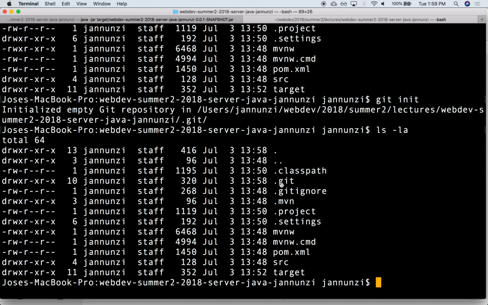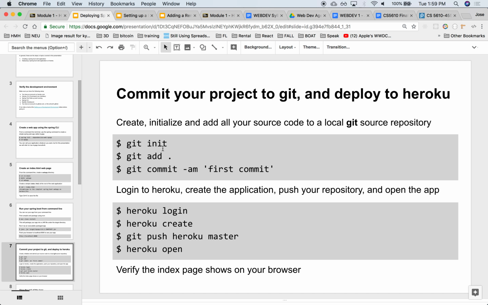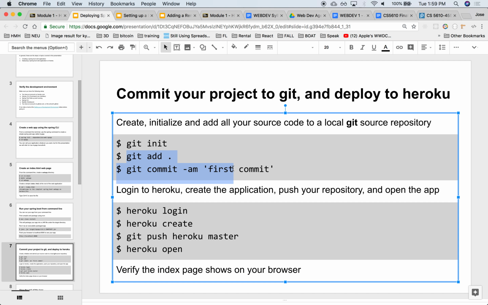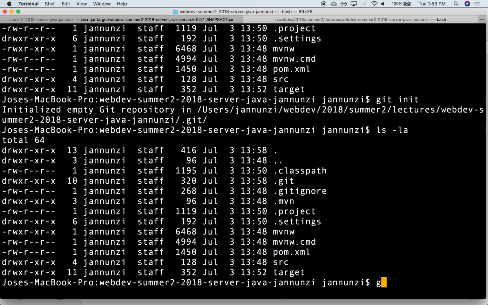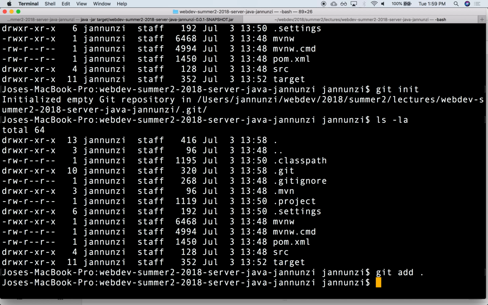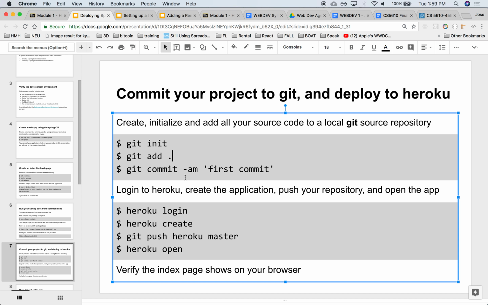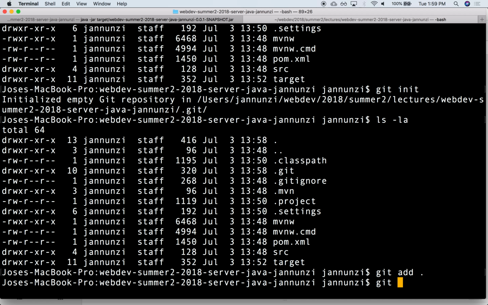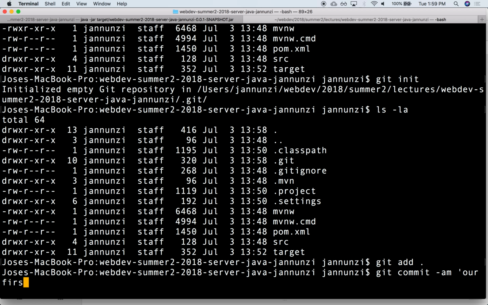Make sure that stays. And now we're going to add all our content, right? So we're going to add all our source code. So we're going to do a git add. In this case, it was just the POM file we want in there. Anything under source we want in there. So it's our index files there, right? Our web app directory is there. And we're going to do our first commit. So we'll do git commit. Our first commit,